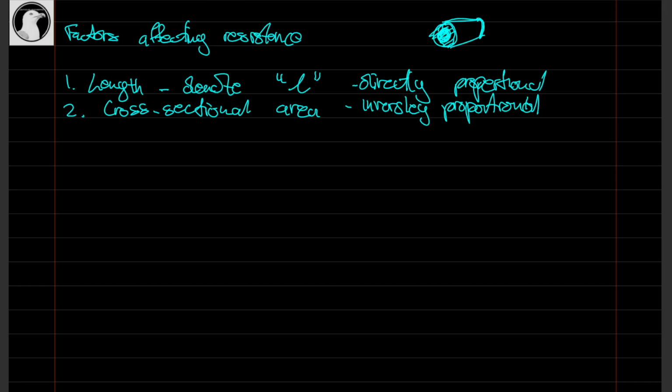Which means it's a good thing to have a good cross-sectional area, and we would denote it by A. In comparison to the length, the more length you have, the more the resistance. Here, the more cross-sectional area you have, the less the resistance, because you have more electrons